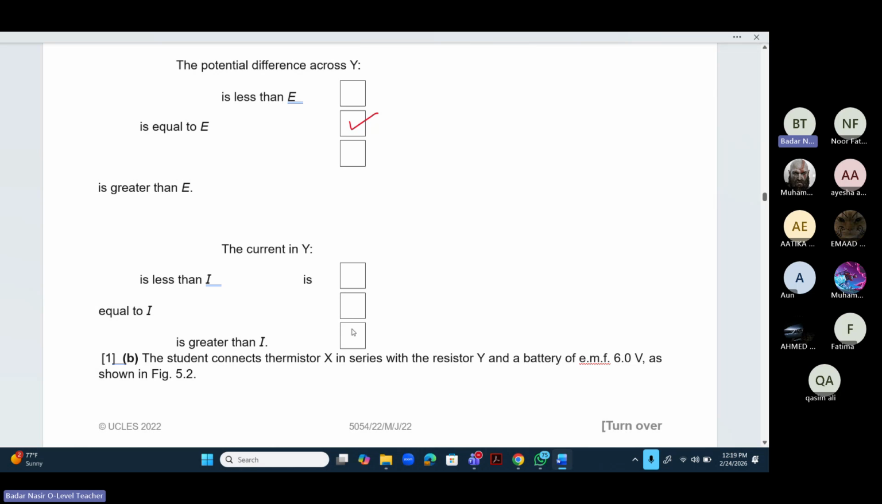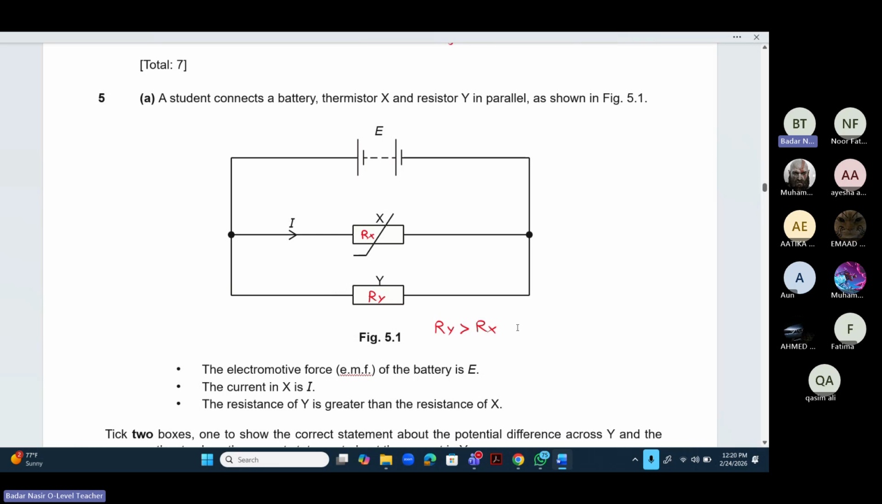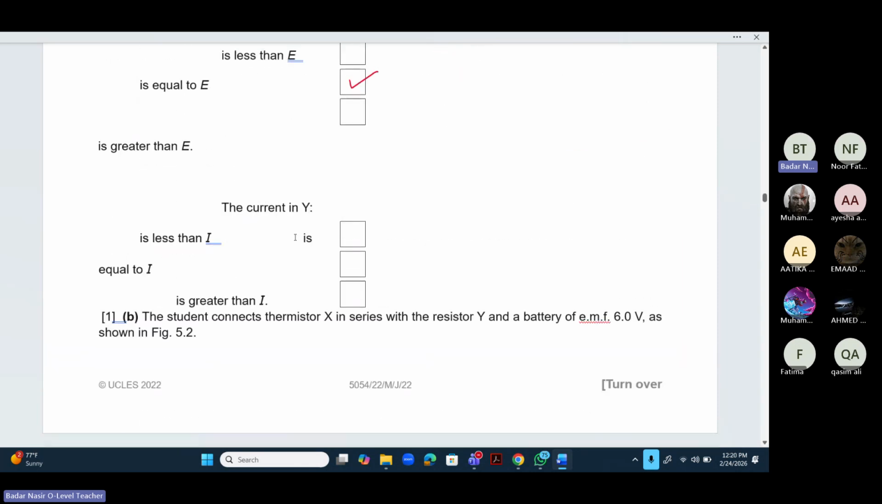The current in Y is less than I, or it is equal to I, or it is greater than I. So let's see. रेजिस्टेंस जिसकी ज्यादा होगी उसमें... Exactly. जब आपके पास करंट आता है और जब दो रेजिस्टर्स पैरेलल में होते हैं, तो मैंने आप लोगों को एक स्टेटमेंट बताई थी कि करंट फॉलोज लीस्ट रेजिस्टिव पाथ। अब क्योंकि X की रेजिस्टेंस कम है, तो X में जो करंट है वो ज्यादा होगा। तो X में ज्यादा करंट फ्लो कर रहा है compared to Y, so the current in Y is less than the current I. सो यहां पे हम टिक करेंगे less than वाले बॉक्स पे।